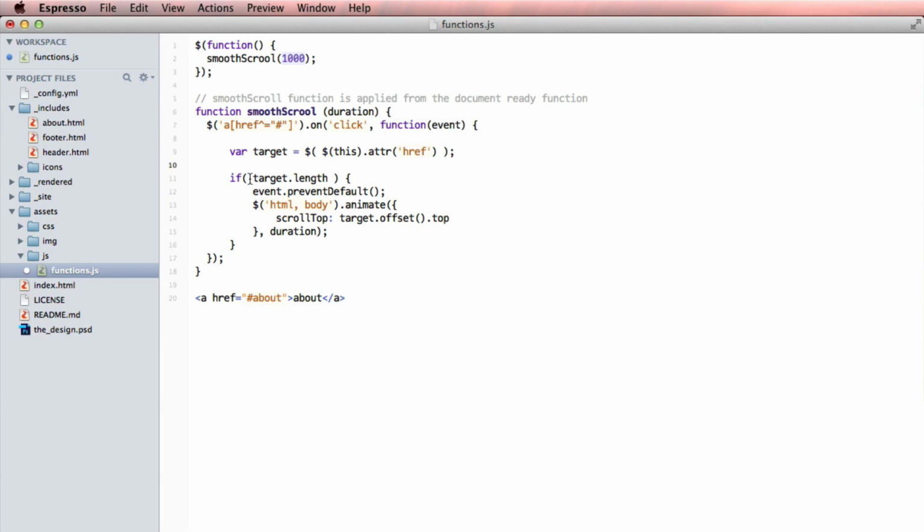Now we're going to say if this target has a length, meaning if it's not just a blank hash, then prevent default. This says, because the event is the click, right? And the default would be that you would follow the link like a normal hyperlink to wherever it goes, basically reloading the browser in this case. It says don't do that. Don't reload the browser is what that says. What we should do is take the HTML and body and animate them, start scrolling, and scroll them to the